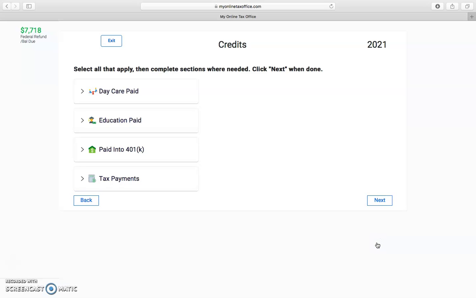Next, select all that apply. So look, we're dealing with credit. So you know what credit means, right? Putting more money on their refund. So daycare paid. Okay, you're going to ask them, because there is a credit that if they paid daycare this previous year, they got up to 50% back, if I'm not mistaken, on